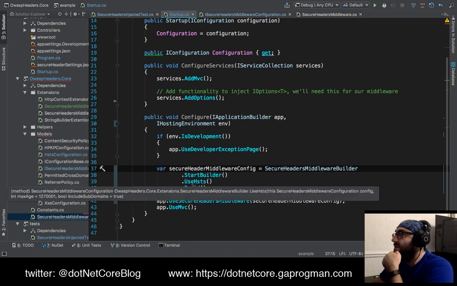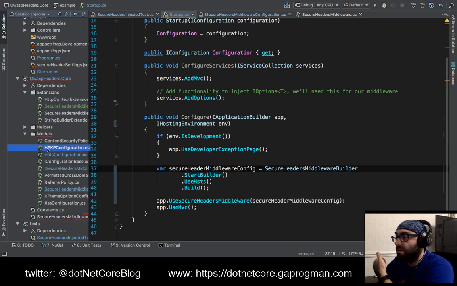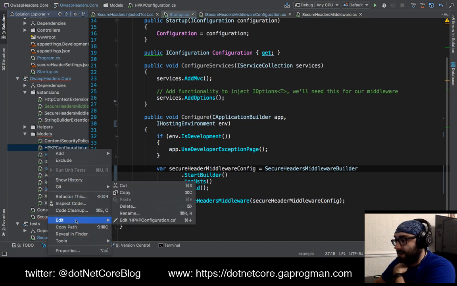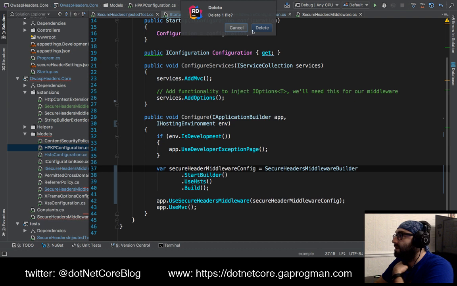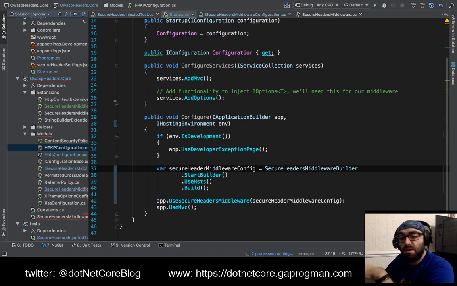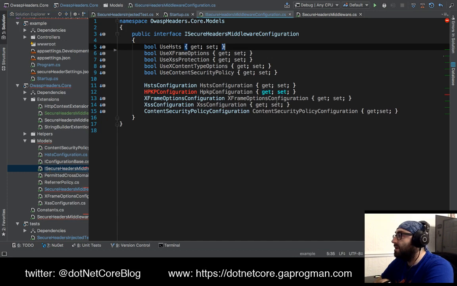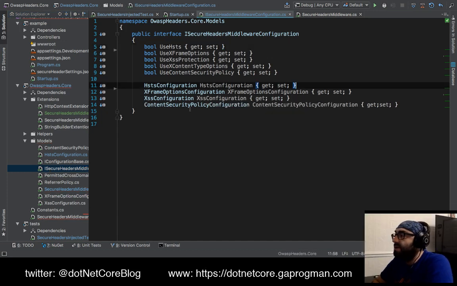So we've got HSTS. We've decided we're not going to do HPKP. So let's remove the configuration. So let's edit, delete. They've moved all of these around. So for those who haven't used Rider before, this is Rider, and it's really quite good. I think it's quite good anyway. I'm going to take that out of there. So I'm removing the HPKP